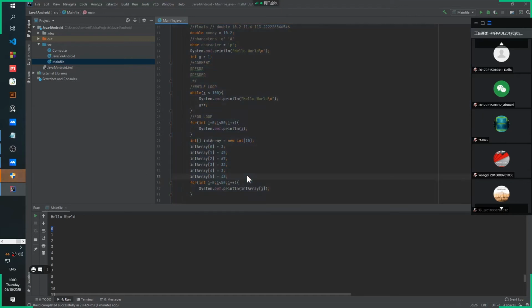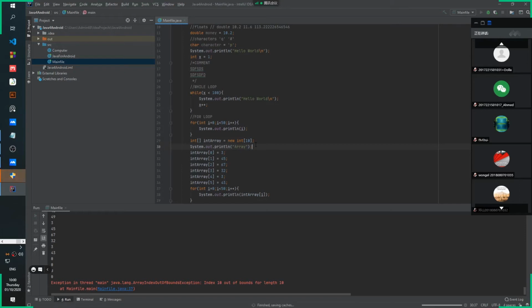So we can save this again, Shift F10, and then it will do that. Here it has printed the hello words, and then printed the numbers, and then here I think maybe we can say array. So here it came and printed the array, and our for loop goes